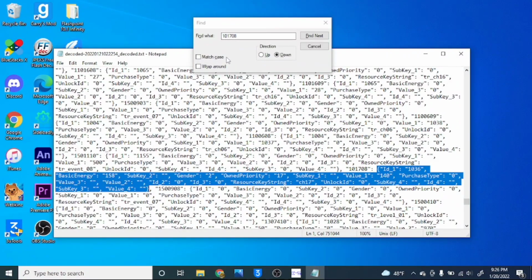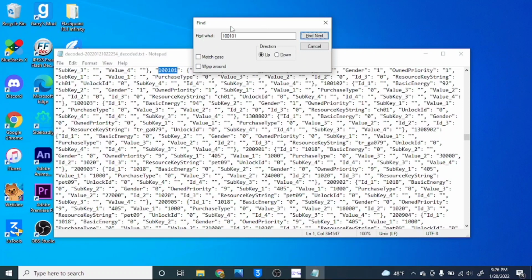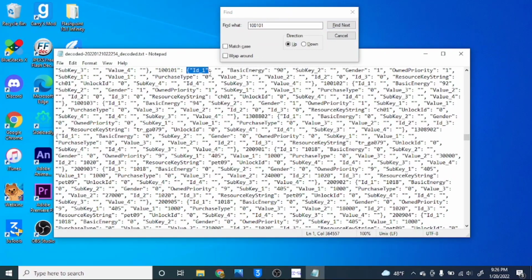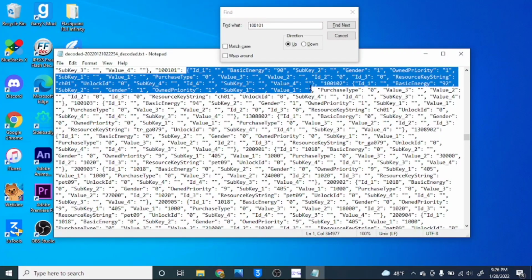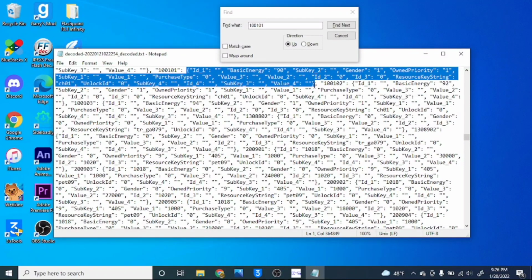10 defines a cookie, and 20 defines a pet. The middle 2 digits define their internal number. For example, 17 is banana peel cookie's internal number, so we were going to search for